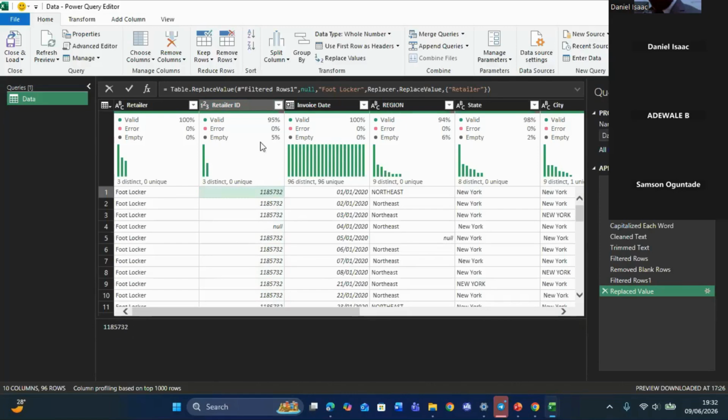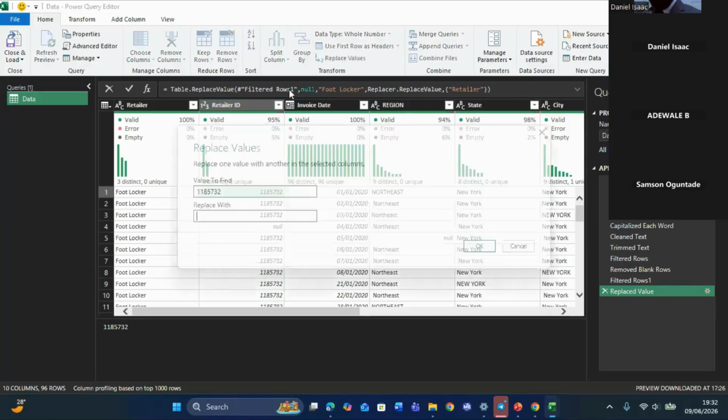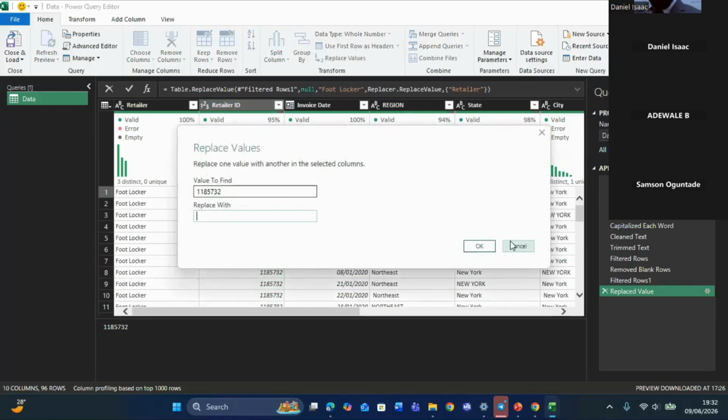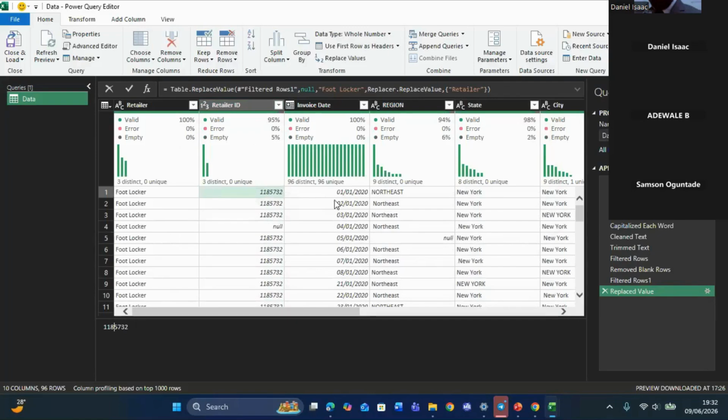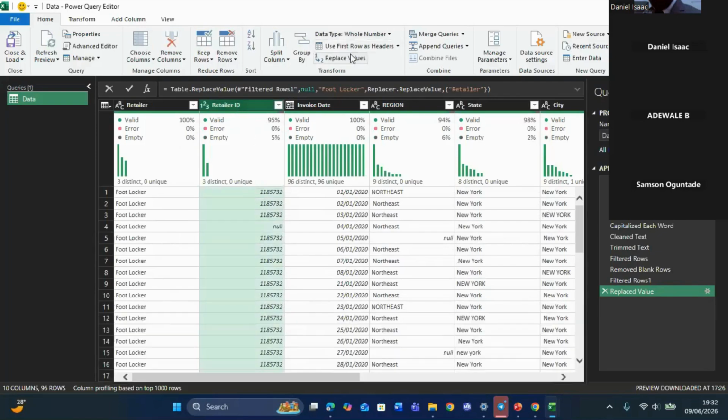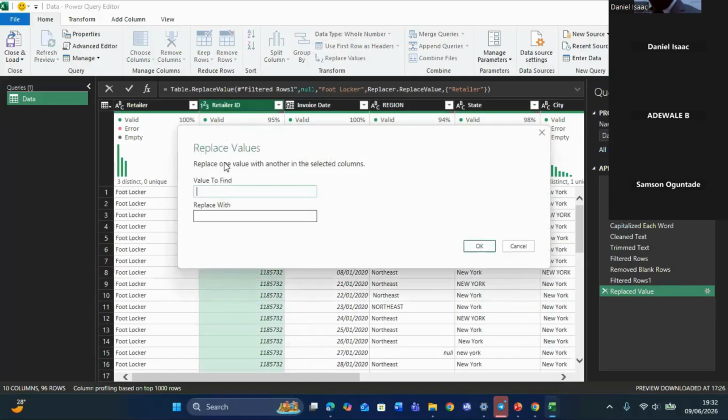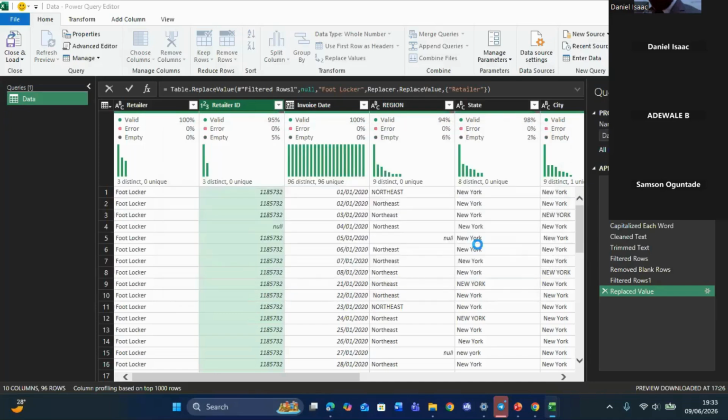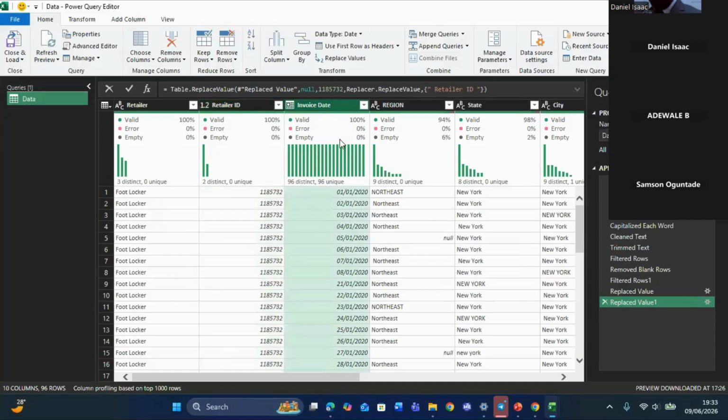So we replace. Let me click on this, replace null with 1185782. So that's it for it. For invoice date, there is no problem with that. For region, so now